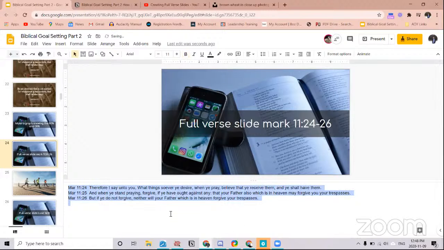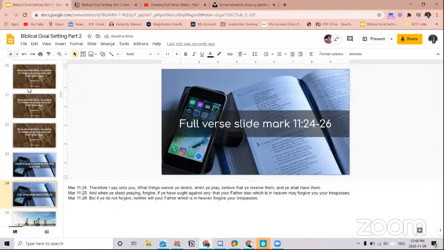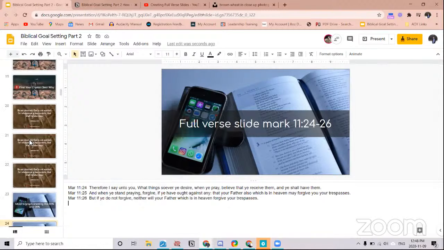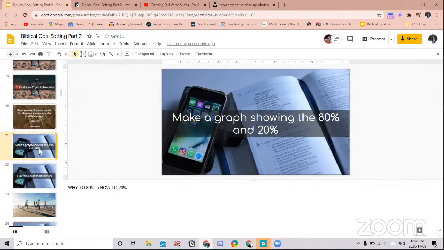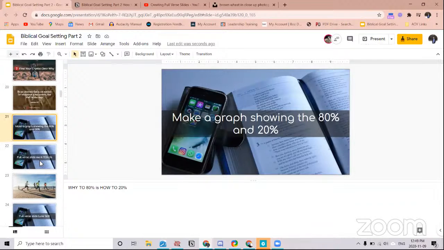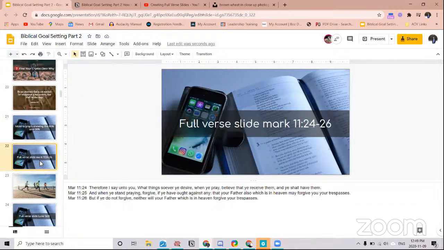So that it's easier to read and they understand it. And if they have the same background photo, it's easier to know that they're from the same place. Okay.